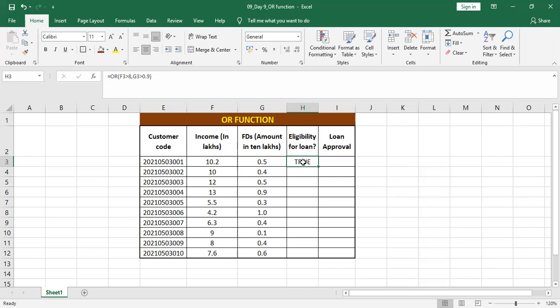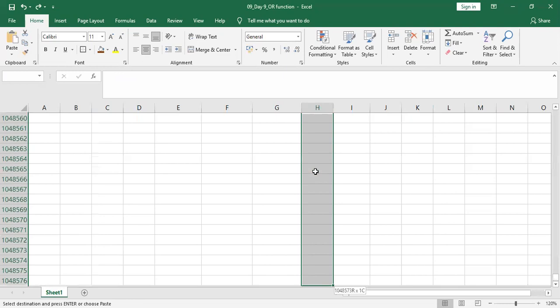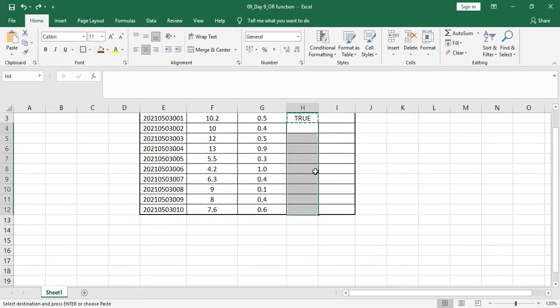That means the customer with code 3001 will be eligible to get the loan from the bank. Simply I can drag this formula, or I can just copy paste this formula, and that's it. I'm getting the results.